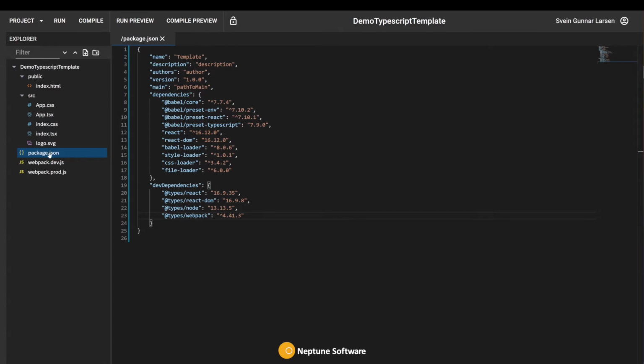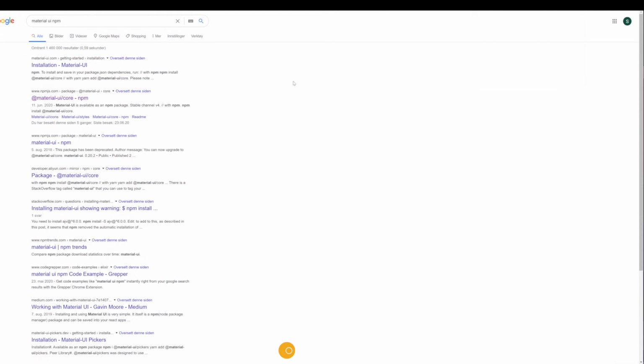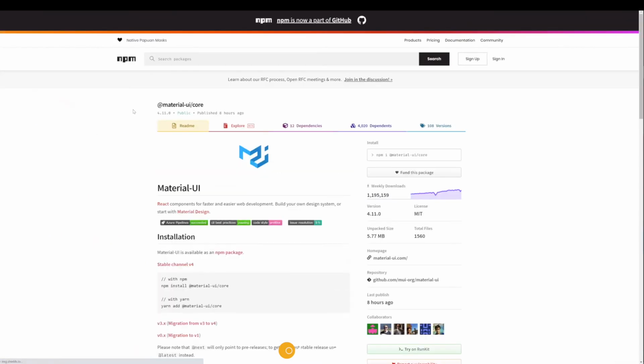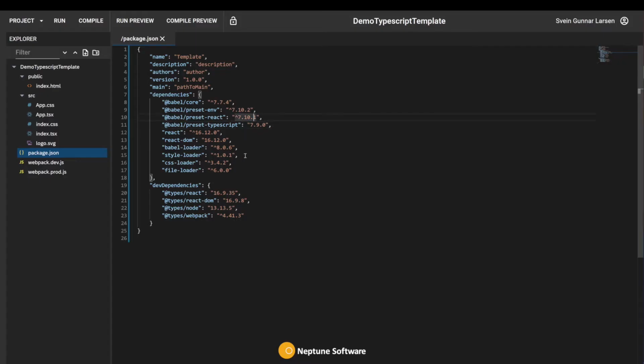So let's first, in this package.json, we'll add a new dependency. So we'll just go here and we'll search for material UI npm, and we'll install the latest version of material UI core, which is now 4.11.0. So we go back to our package.json, and I'll just do add material UI core,